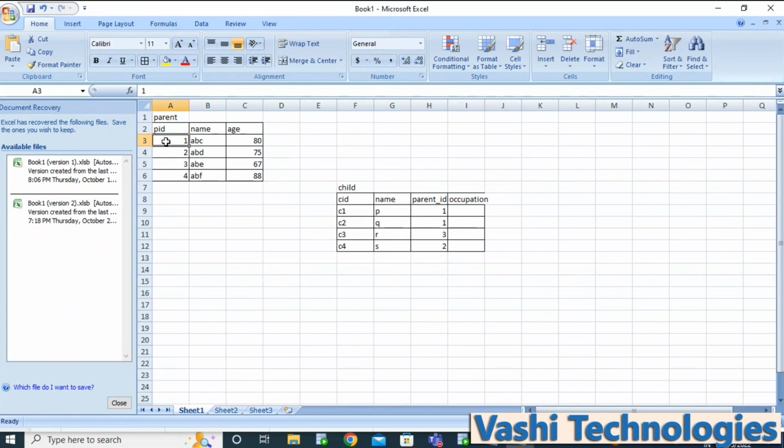Okay. See, now I have the parent ID information. If you observe, this table has the parent ID values, the PID value, as unique values, meaning it may be a parent table. If you are maintaining the primary key and the reference column, it must be a primary key and foreign key. This is the parent table and this is the child table.